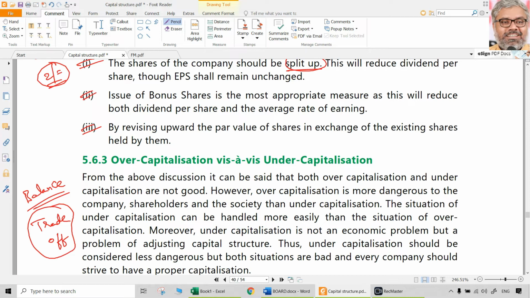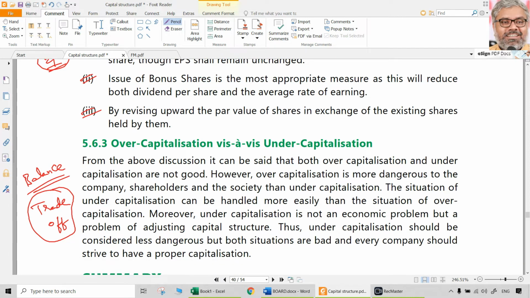Undercapitalization is something where the market looks at the company with doubt. Overcapitalization is a situation where the market looks at the company as if it is going to die soon. So both will not be taken positively by the market. That is the risk of these two different possibilities. Both of them are not good. A balance of them is required.